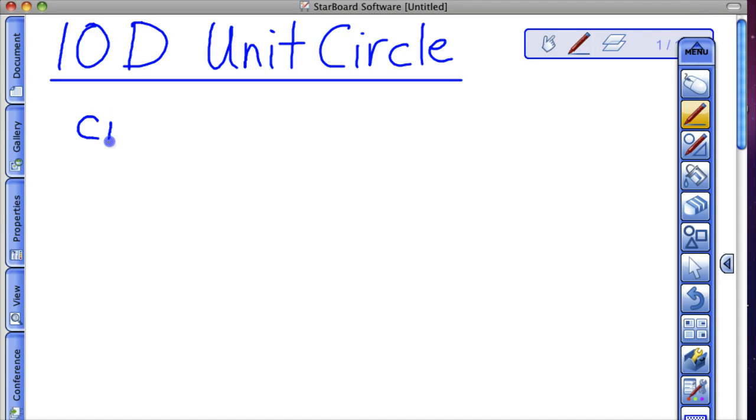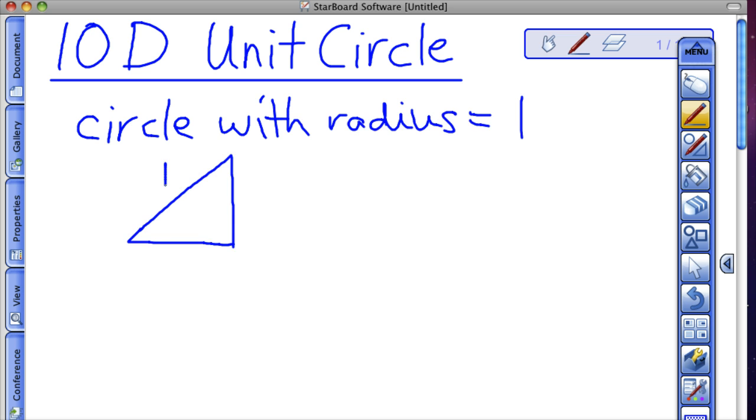Unit circle is a circle with radius 1. Let's write that down first. And here's what happens if we have that. We have a triangle like this in the circle that you just saw. The radius is 1. And I have my angle here that's going up from 0, from the x-axis, up to